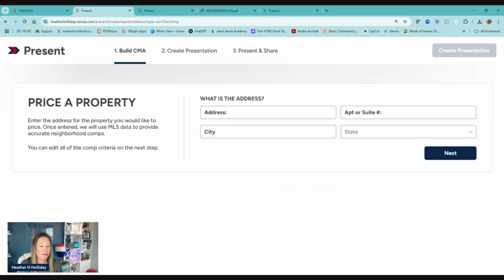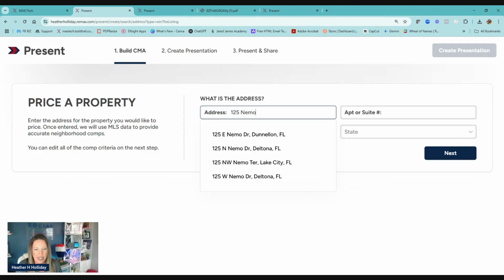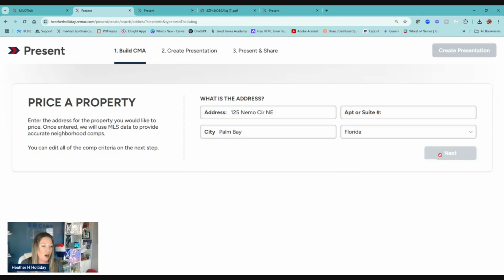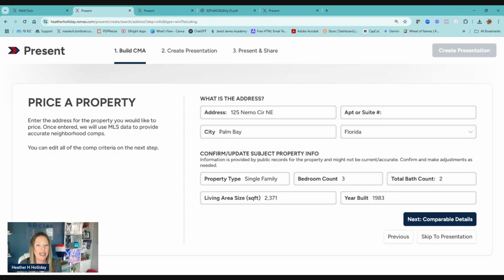So let's go ahead and go in, and we're just going to start with winning the listing. So I am going to try to use an address that I haven't used in a while. So it gives you addresses. As you start typing, it's going to start filling in. So automatically populated, the city, the state. It's also going to start popping in